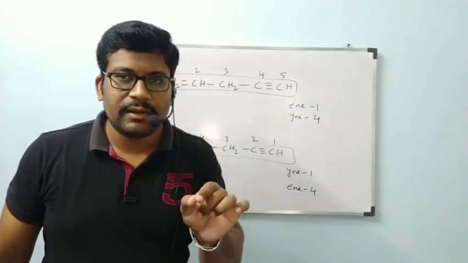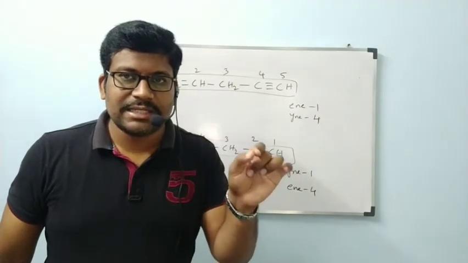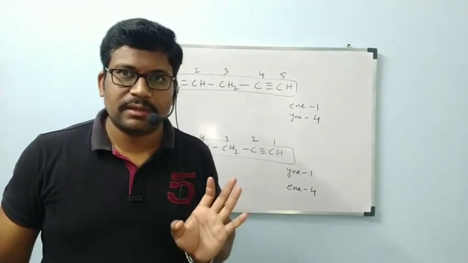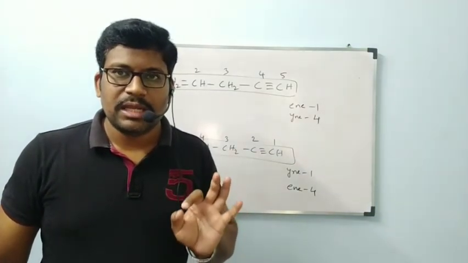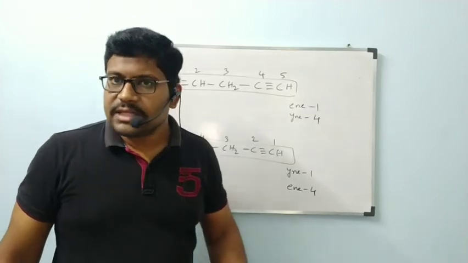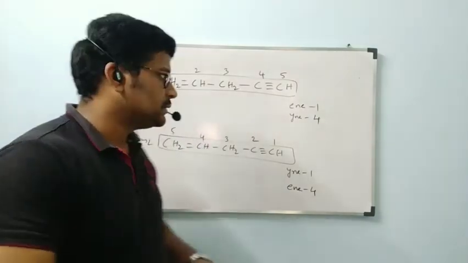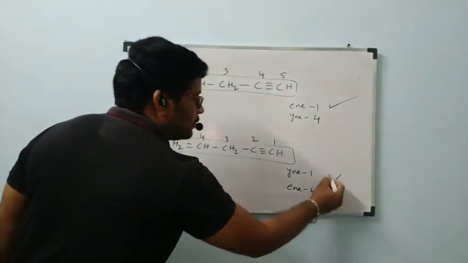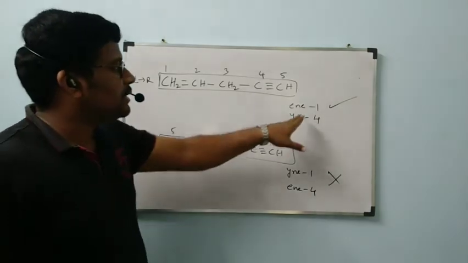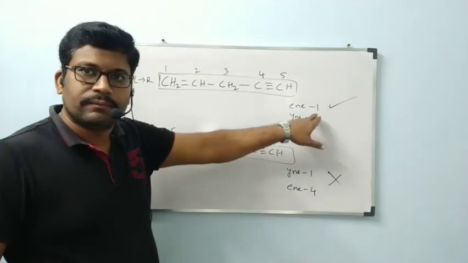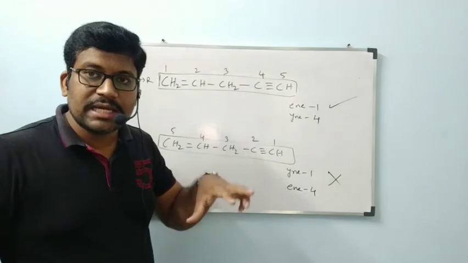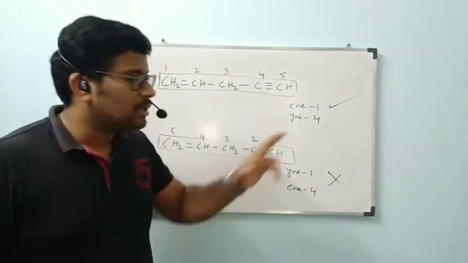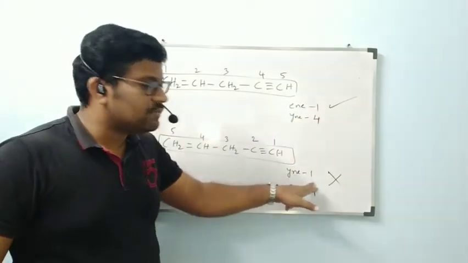ene and yne, so that is ene, Y, E and Y. Which one will be first alphabetically? Ene. E must get the least number. In which numbering is the double bond getting the least number? Left to right numbering, ene is getting 1. This condition is when we have a double bond and triple bond at the same positions. Here yne will get 1, ene also will get 1 only.